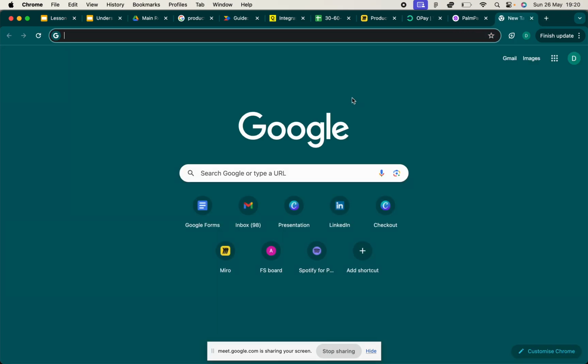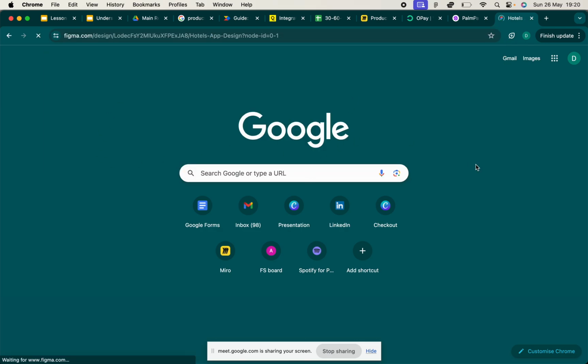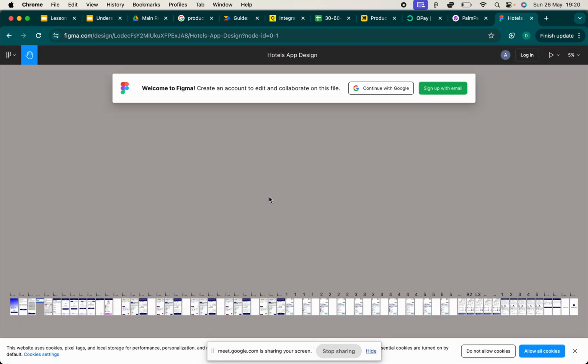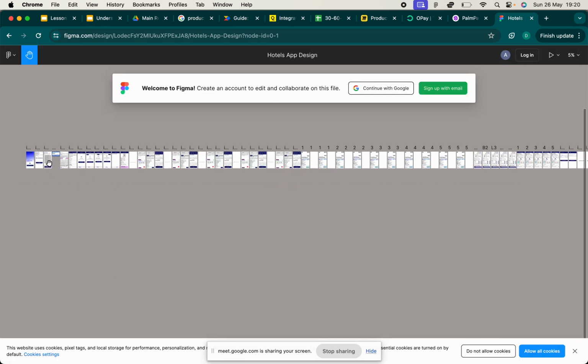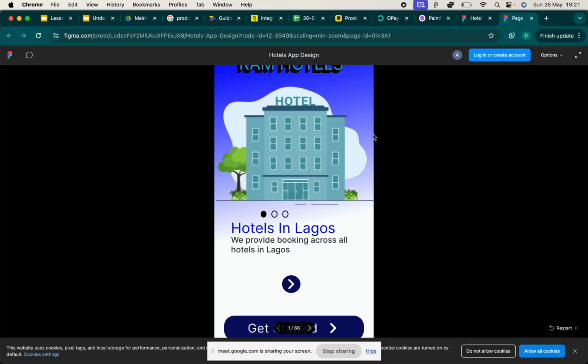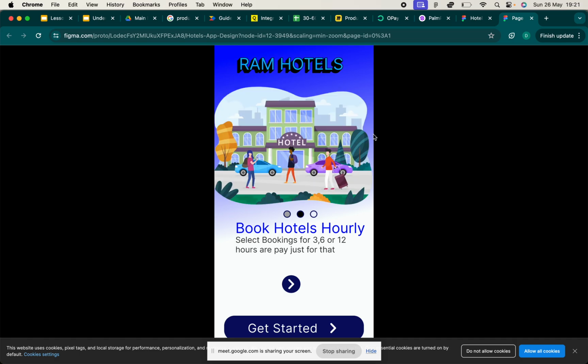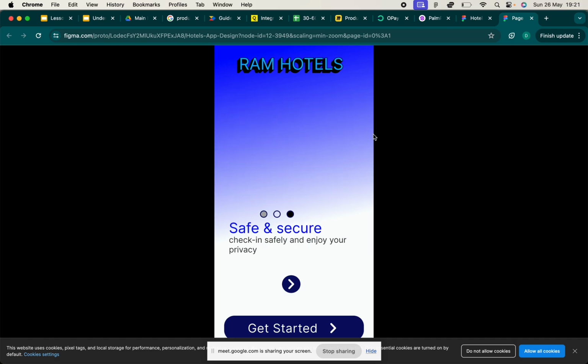Let me share. Just so everyone is aware, these are high fidelity prototypes that I'm about to share. So to your question, a PM, yes, a PM can get involved and design high fidelity prototypes.